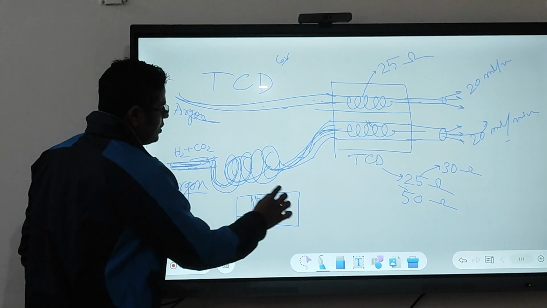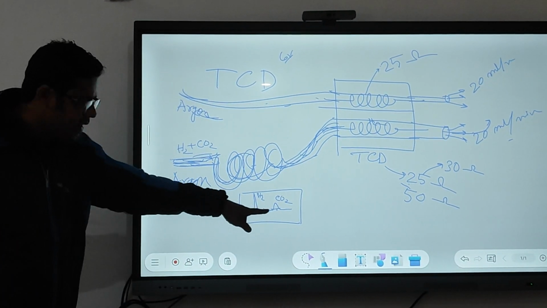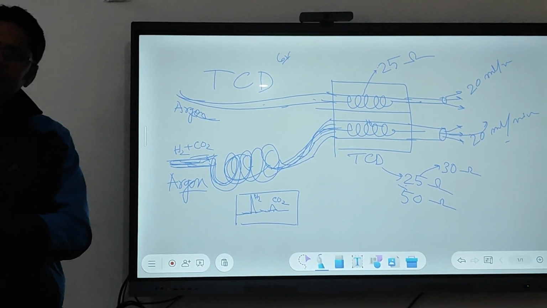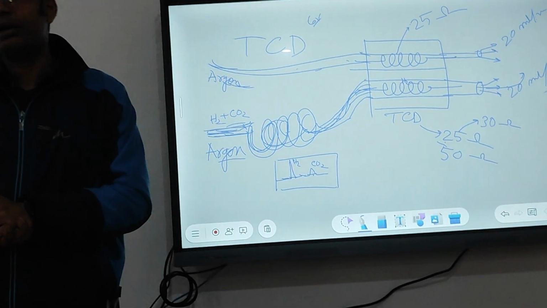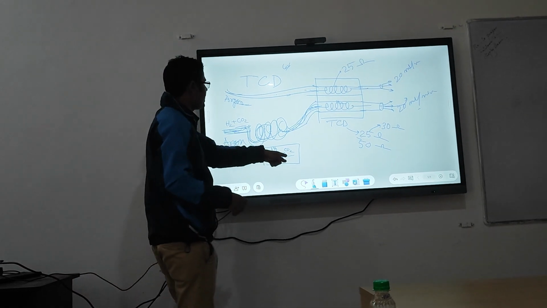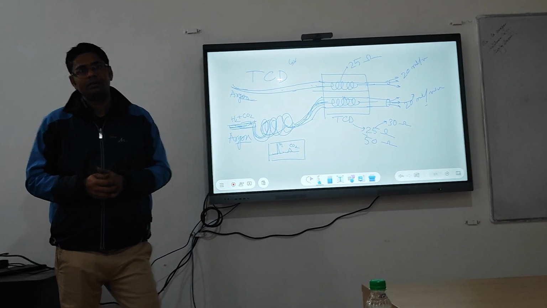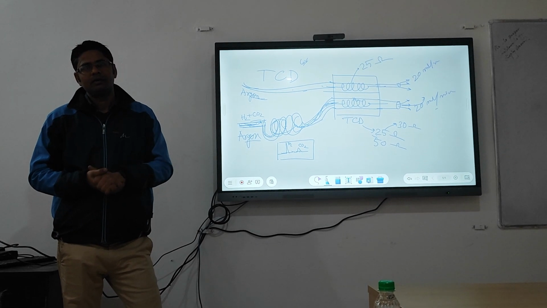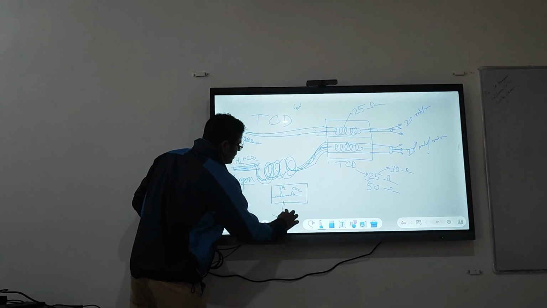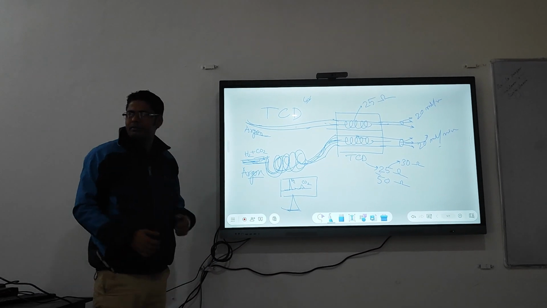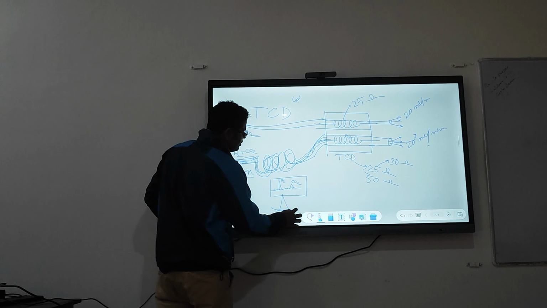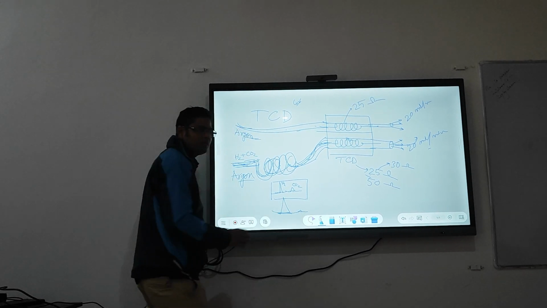This is CO2. So this is the area, right? This is a shape, maybe triangle or whatever, any shape. You can get its area. You don't need to calculate, software will calculate. So you will get some area, and that area is directly proportional to concentration. If you inject a higher concentration of hydrogen, you will get a bigger peak, a bigger area. If you inject a very small amount of CO2, you will get a very small peak, and the area will be very